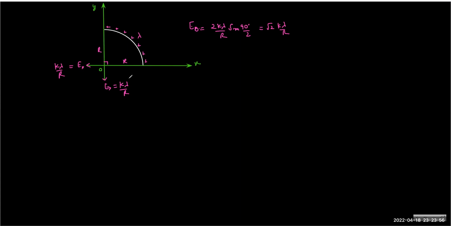So this is something similar to the semi-infinite wire. K lambda by d, K lambda by d. So a quarter circle behaves as a semi-infinite wire, and similarly a semicircle. If I choose a semicircle,